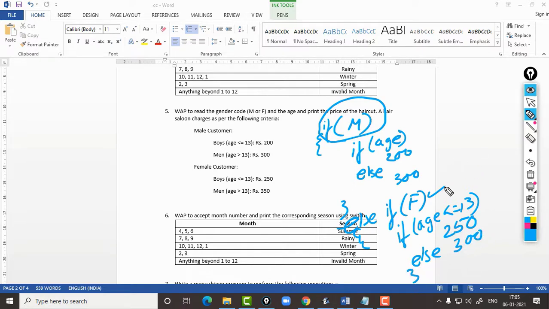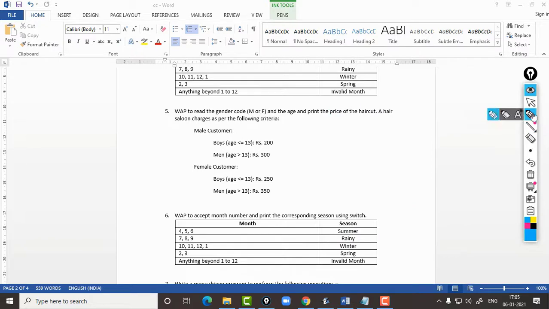And if this condition also fails, the second if, that means in the gender code we have got something wrong. It is something other than M or F. So at that point we are going to display a message that the gender code is invalid. So let's have a look at the code.